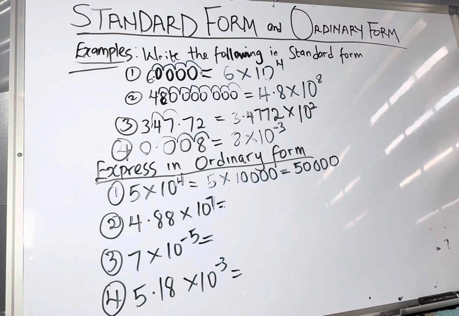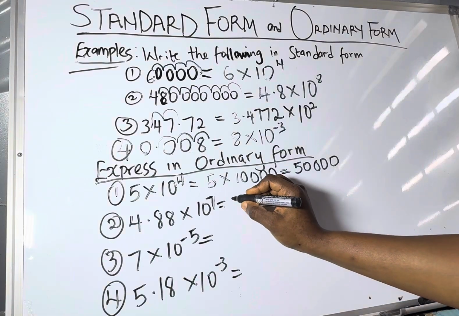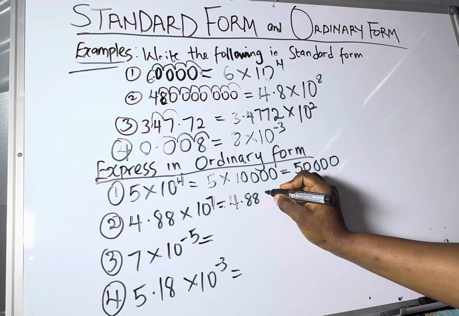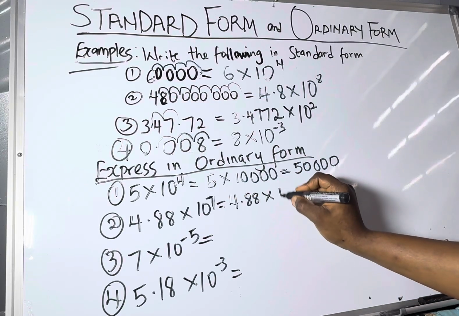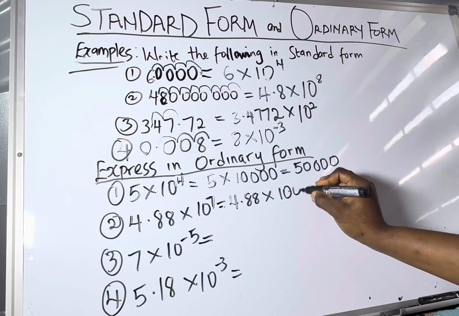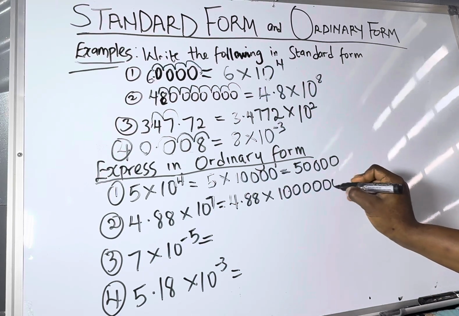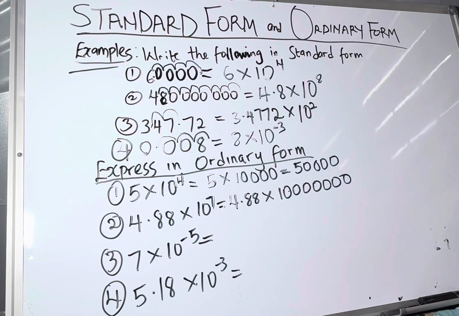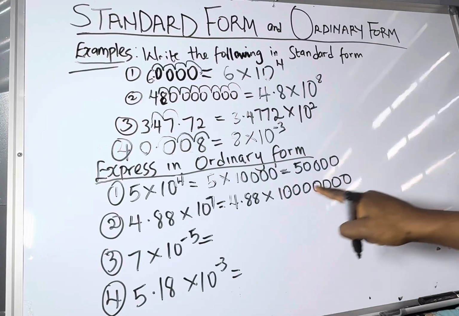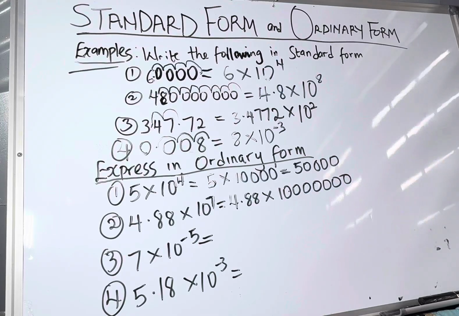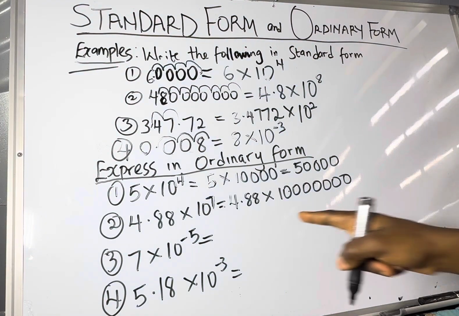4.88 times 10 raised to the power of 7. That's 4.88 multiplied by 10. Now, the number of zeros will be 7: 1, 2, 3, 4, 5, 6, 7, which makes it 10 million. 10 raised to power 7 means 1, then we have 7 zeros, which is 10 million,